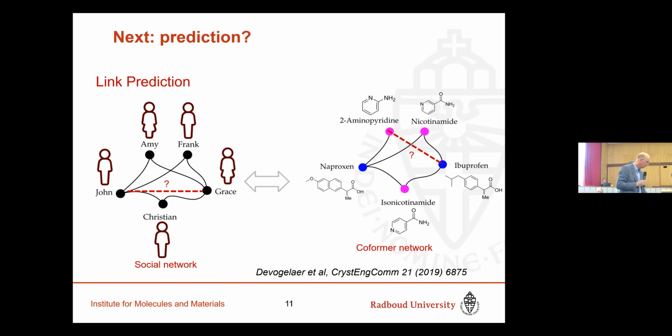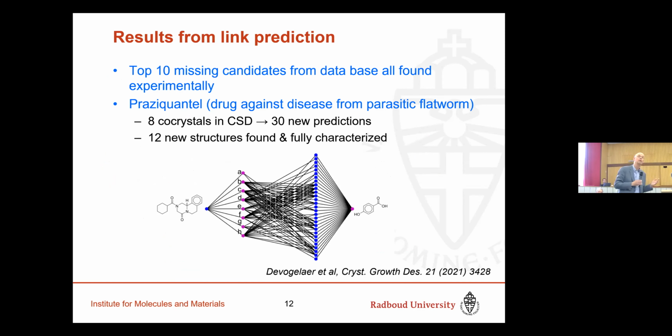Now this link prediction we did on the entire CSD data, so all the 10,000 coformers, and you get a whole ranking, and so the top 10, of course, should be extremely likely. So that's making our life relatively easy. So these were predicted, and in fact, they were all synthesized. So without too much effort, you can find 10 new crystals. Now that's as easy as it gets, right? I mean, you take the top 10 of your thousands of predictions, but at least that's a promising start.